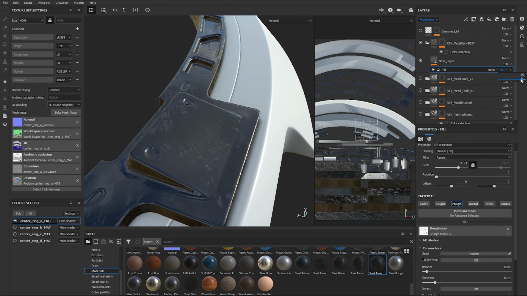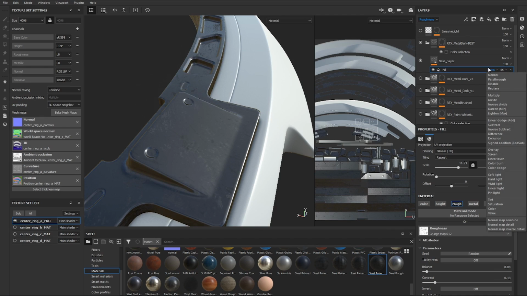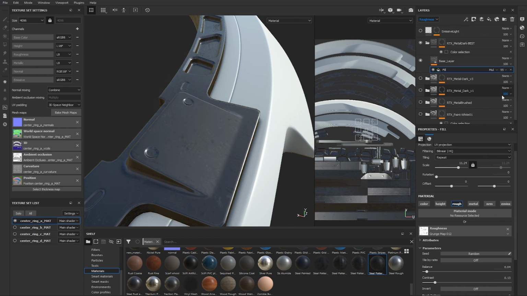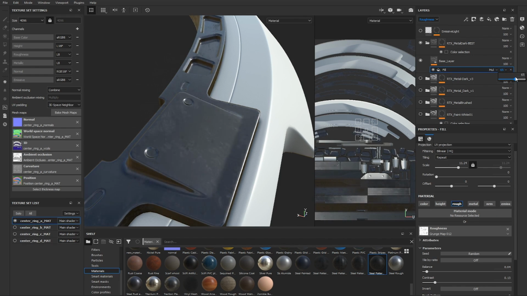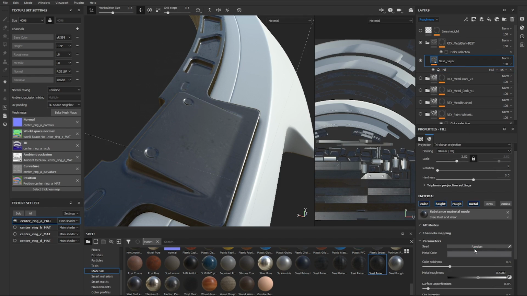If you want to blend them in a different way, you can also come under here and change it to replace, if you want to replace it, or pass through. There's multiply if you want to multiply it on top. So there are different ways we can blend those two until we get the nice roughness balance we're looking for. So now I'm going to come in here and lower this a little bit more again,